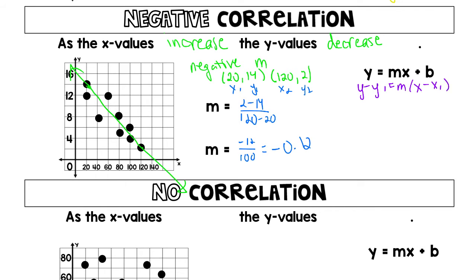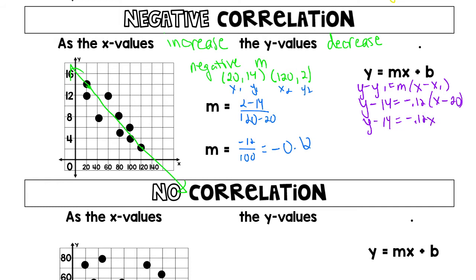We can just choose the first point again. Y minus 14 equals negative 0.12 times x minus 20. Distribute a bit. Y minus 14 equals negative 0.12x